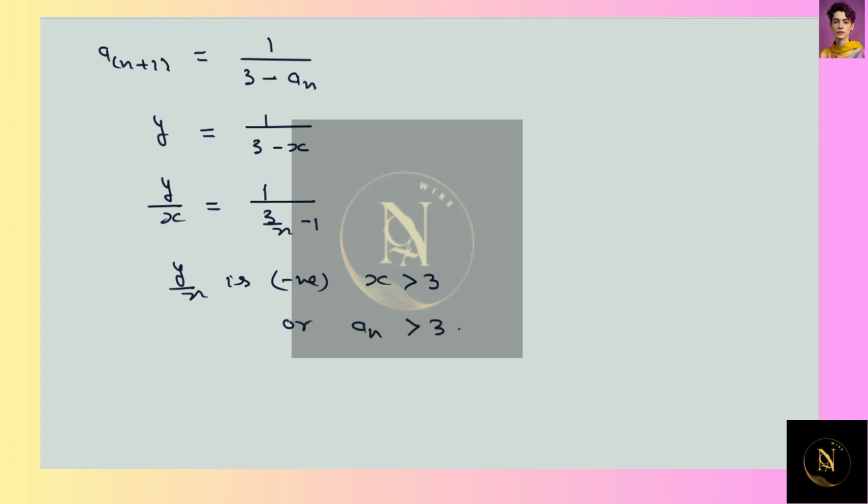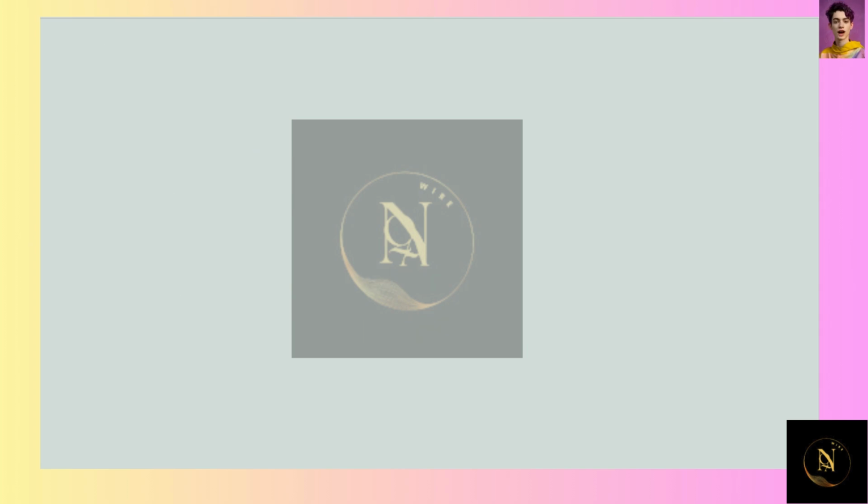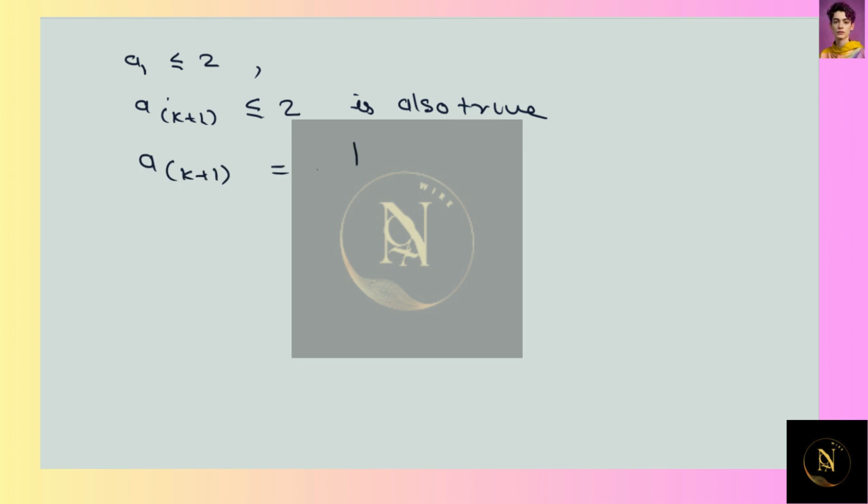So now we can use induction to show that an is in between 0 and 2. Here we will put a1 is less than or equal to 2. So we have to show that a(k+1) is less than or equal to 2 is also true. Since we know that a(k+1) will be equal to 1 upon 3 minus ak,